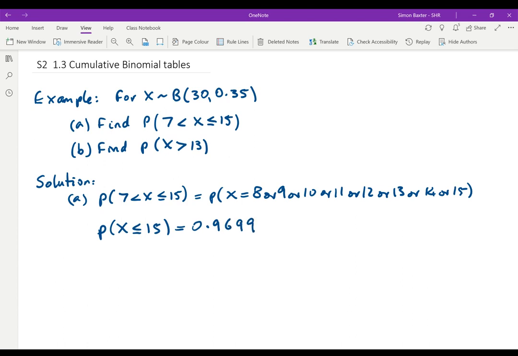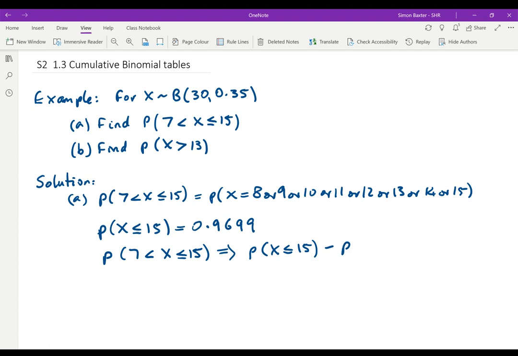So there's the probability that X is less than or equal to 15. In the example that we have, the probability that 7 is less than X is less than or equal to 15 is the probability that X is less than or equal to 15